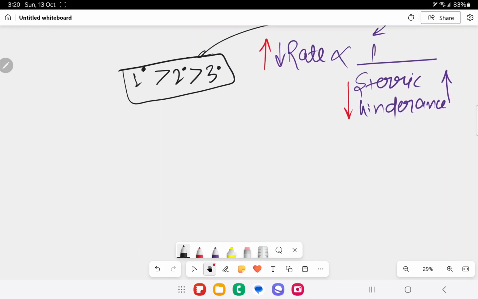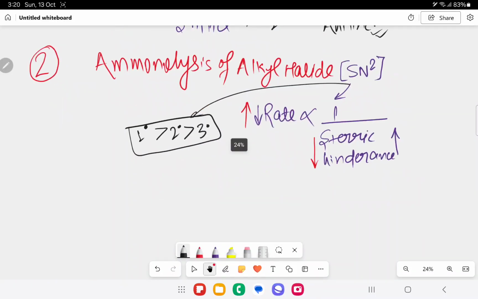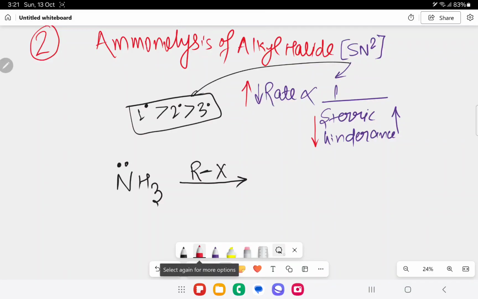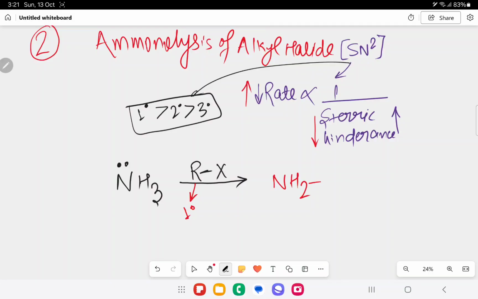Now we are going to produce amines by using ammonolysis of alkyl halide. It says that you will have to take ammonia, and you know that ammonia has a lone pair of electrons. First I will write the reaction. If it reacts with 1 mole of alkyl halide, one important thing you have to know is that the alkyl halide must be 1 degree because it is following the SN2 mechanism. So it will be converted into NH2R, with 1 R attached over here, plus HX removed.